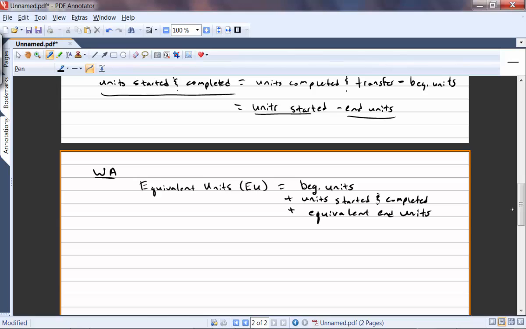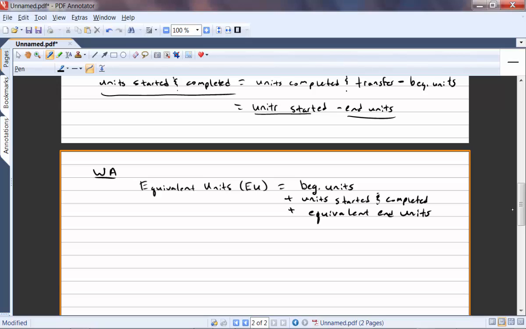Now, under weighted average, the only difference between weighted average and FIFO, well, there are several differences, but they all arise from this one main difference, which is the assumption. Weighted average assumes that the units at the beginning are 0% done, despite the fact that we know they're not. FIFO just takes the units for the percentage completion that they are done,